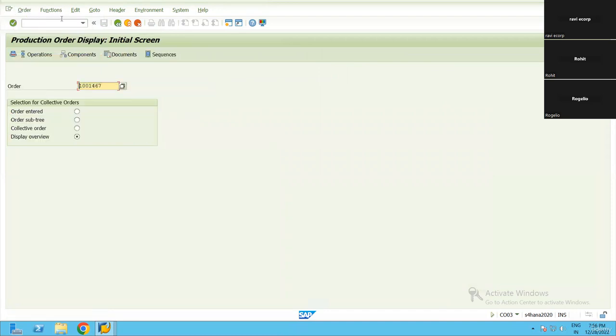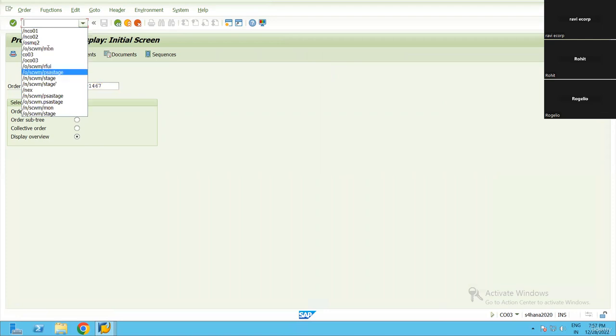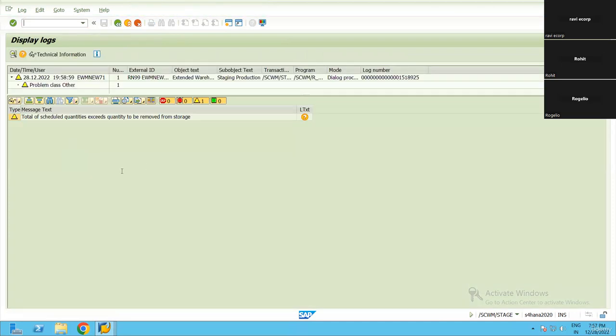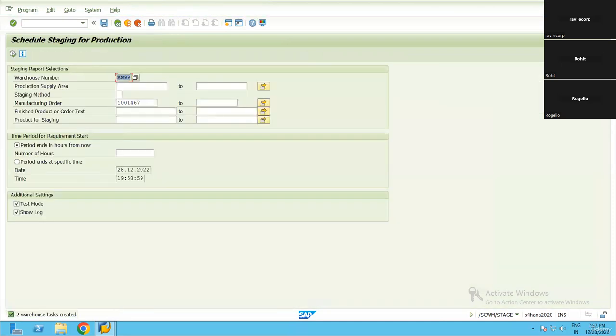Display. WM stage. It has created 2 warehouse tasks because